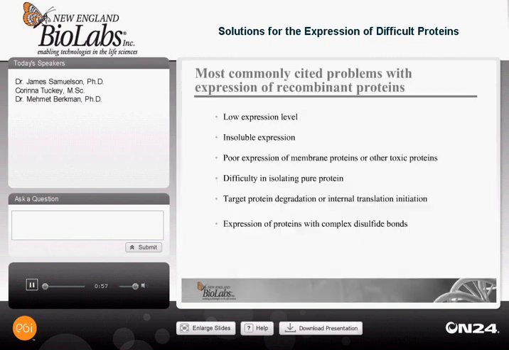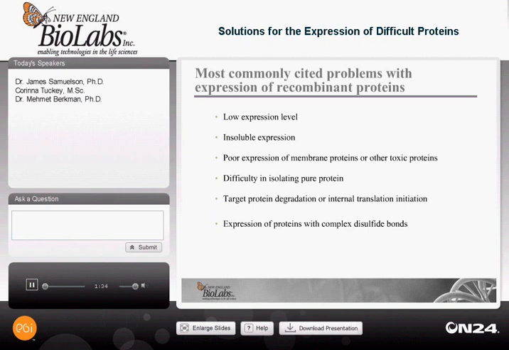The two most common problems during recombinant protein expression are low expression level and insolubility of the target protein. This is particularly true when expressing eukaryotic genes in bacterial hosts. When expressing membrane proteins, researchers must assume from the start that the protein will be difficult to express in functional form. If a membrane protein expresses at a high level, almost certainly some of this protein will be found in the insoluble fraction. As a solution, NEB offers a tunable T7 expression strain for the production of membrane proteins and other difficult targets, so that the level of functional protein may be optimized.